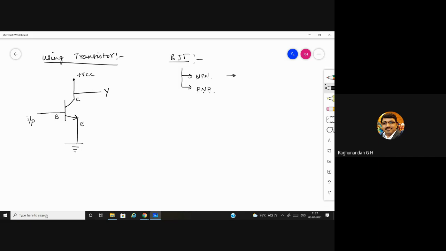So it will be like this: N, P, N. And we call it as emitter, this is base, this is collector. PNP means we take two P layers and in between we insert one N layer, and this becomes emitter, this becomes base, this becomes collector.